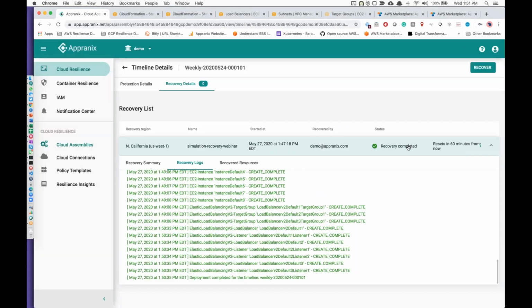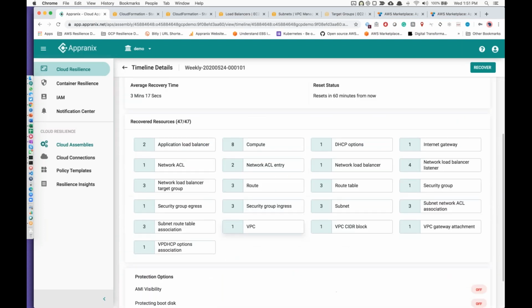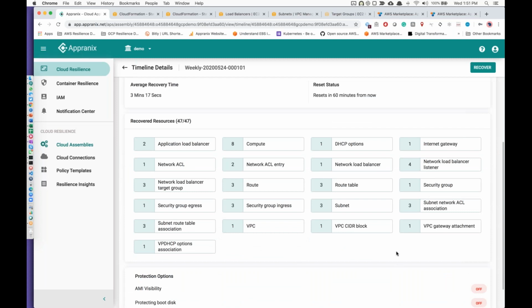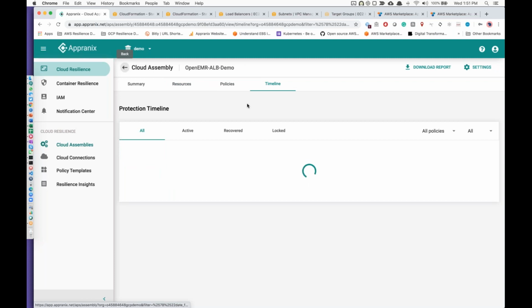My application recovery is complete. All the resources have been brought up. I understand. So I can click a button and do it, that's all fantastic, but I don't want to do that. I want to actually automate that too.